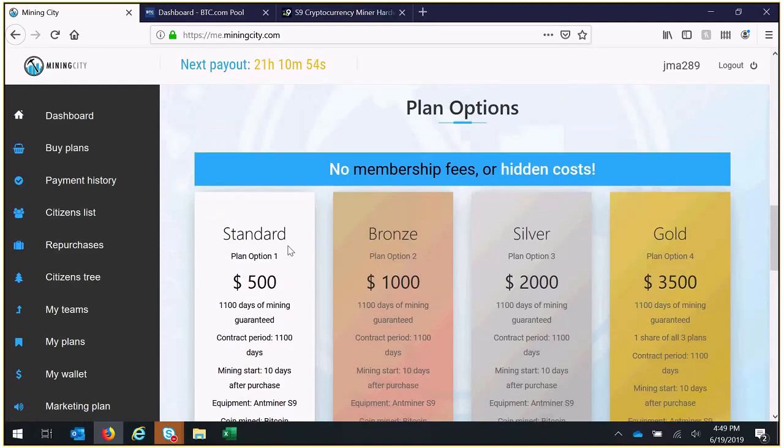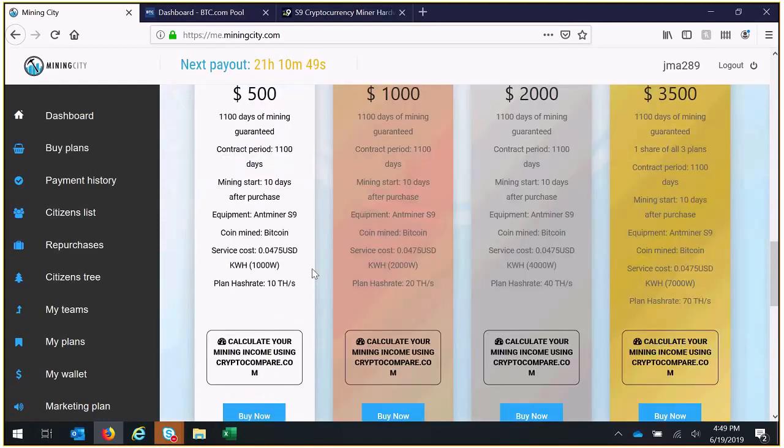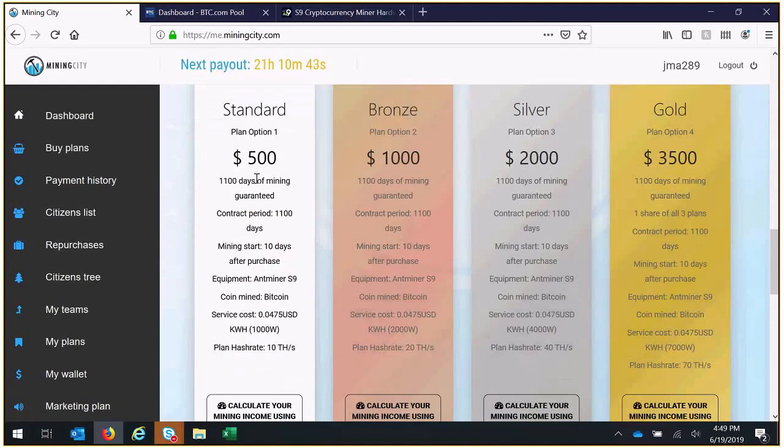So the website, I think, does an okay job of showing this as well, but I wanted to break this down for you to kind of show you exactly what goes on. So $500 is your base standard plan. You get 1,100 days of mining guaranteed. The contract period is 1,100 days as well, and the contract doesn't start until basically 10 days after purchase. So on your 11th day, you're mining and you're making money, which is pretty awesome, and I think is unprecedented